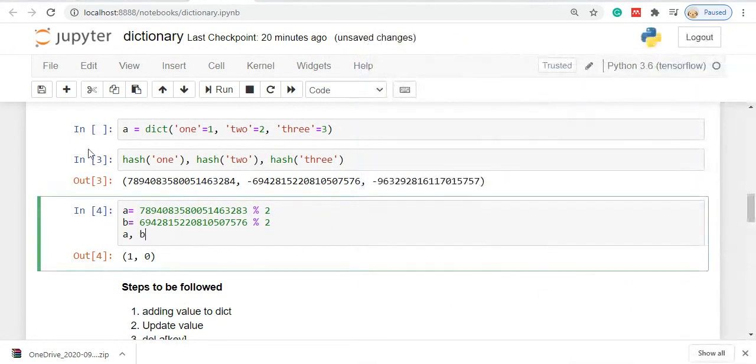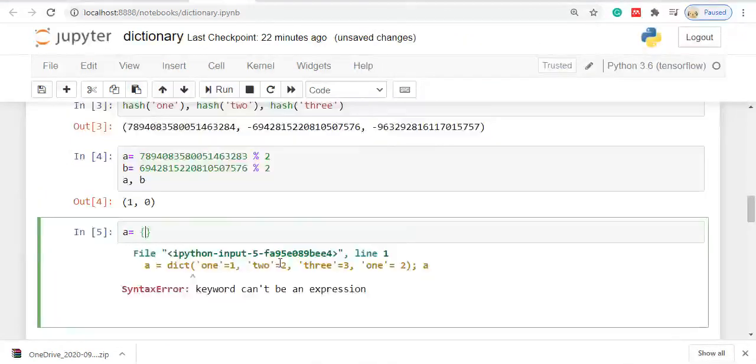Now let's take the same example. Suppose there is 1, and let's say there is 2, let's say there is 3, and assume that we have a value key once again. So let's say I want to store a different value to the same key. Now what happens in that case is,